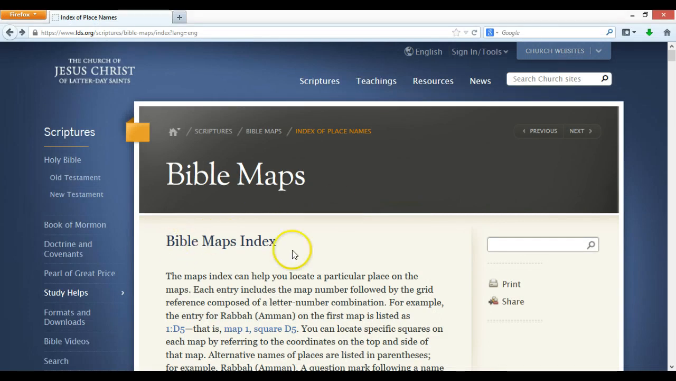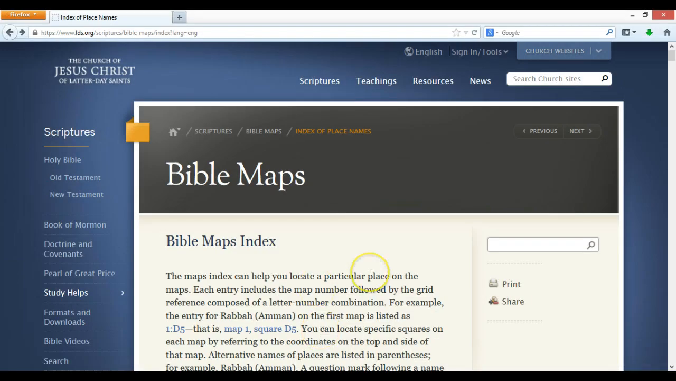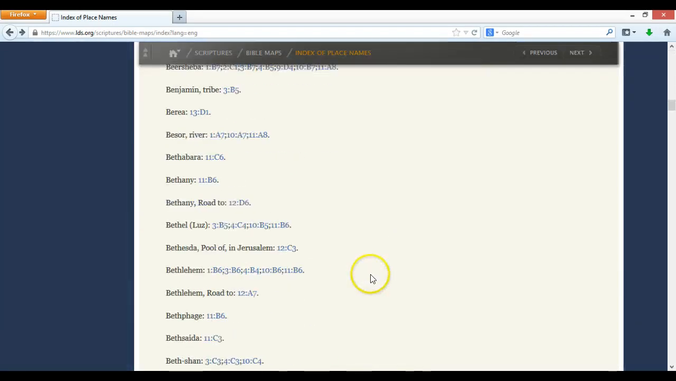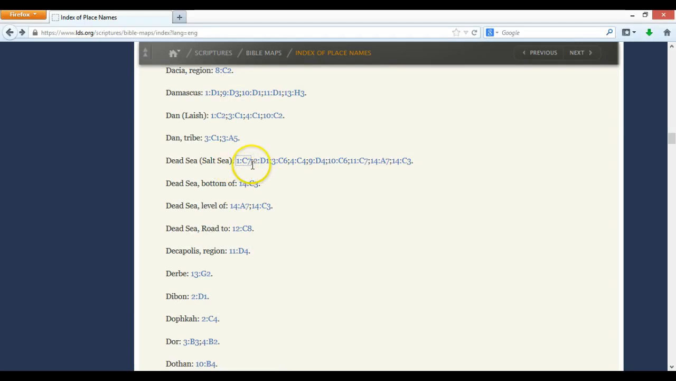The first thing I'm going to do is go to the index and find my four locations: the Dead Sea, the Garden Tomb, Jordan River, and Samaria. So the first one I'm going to go to is the Dead Sea. So I'm going to scroll down alphabetically. There's the Dead Sea, and I have lots of options that I can go to. I'm just going to go to the very first one,